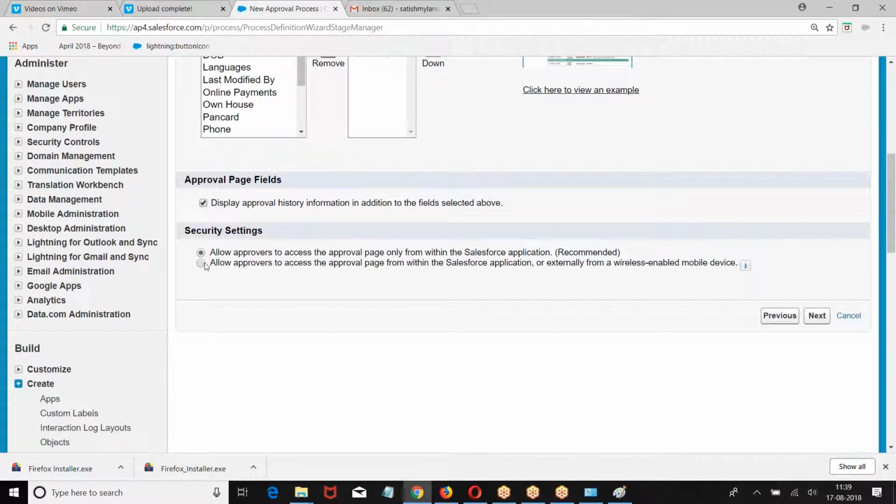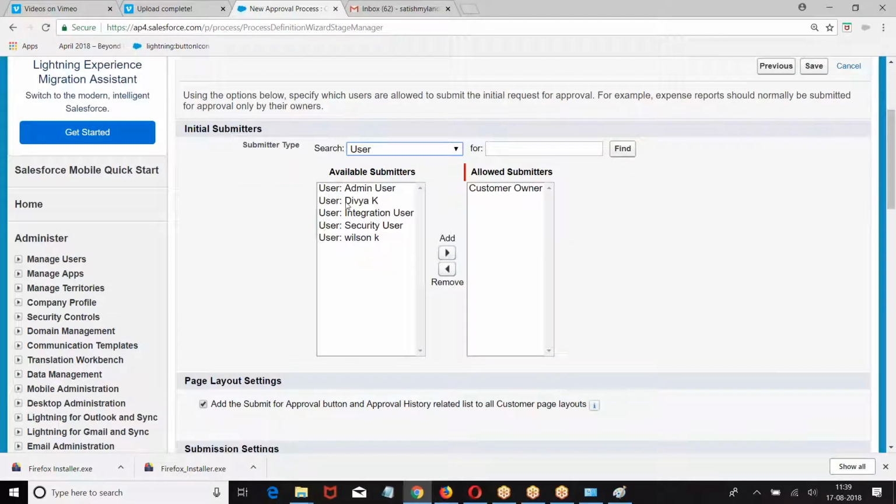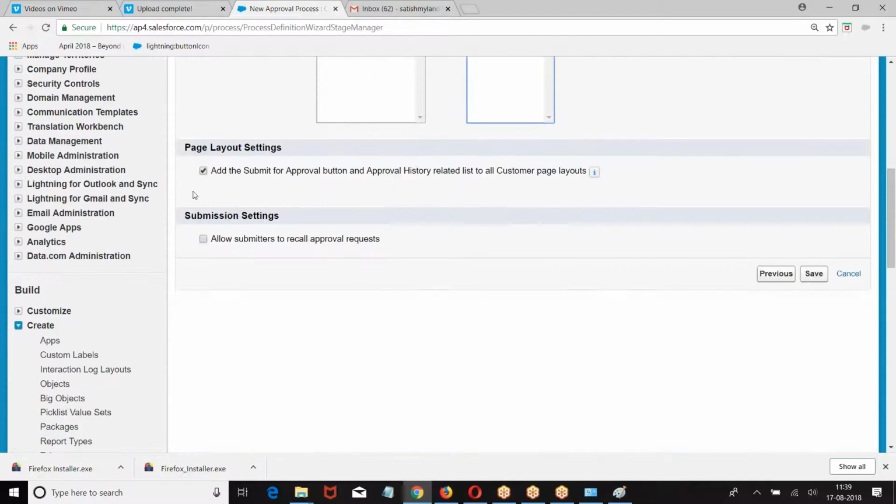Then display. Now who can submit the record? Divya. If Divya wants to submit the record, again we have one issue. Divya should have a permission on that particular object. Right.